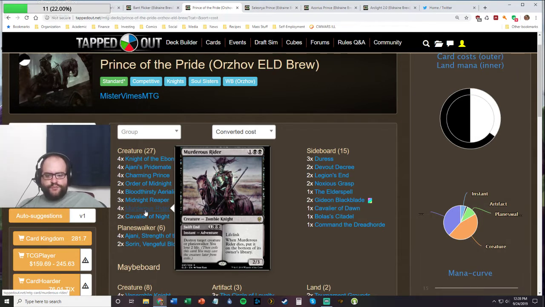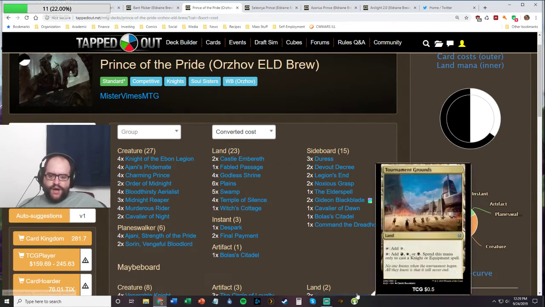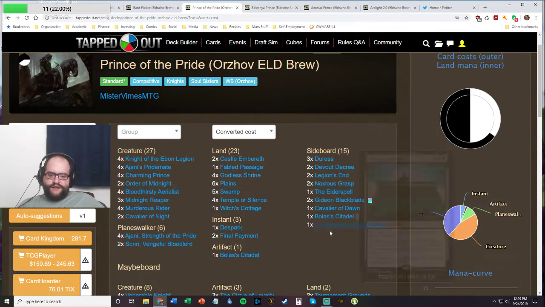Now it does get put onto the bottom of the owner's library when it dies, and so you're not going to be able to get it out of your graveyard as effectively as possible. But because of the number of life gain effects we have, we do want a couple of ways of bringing things back, in particular our Pridemates and our Aerialists. So,